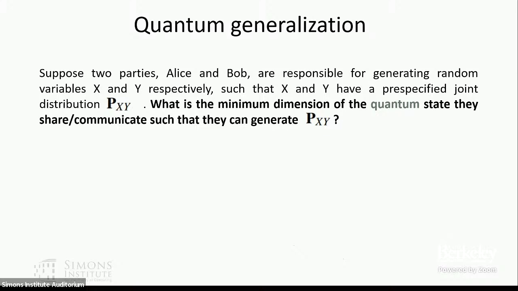Okay, so in the previous slide, we had access to classical information. So that was a classical variable, but now we can ask, we still have the same task, and we're asking what is the minimal dimension of a quantum state that Alice and Bob communicate, so they have a quantum channel, and the question is, what is the dimension of the quantum state sent from Alice to Bob if they want to generate this probability distribution, or what is the minimal dimension of the quantum state that they share, and somehow use this information from this quantum state to generate this probability